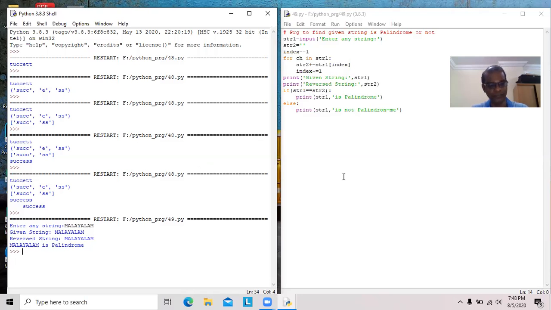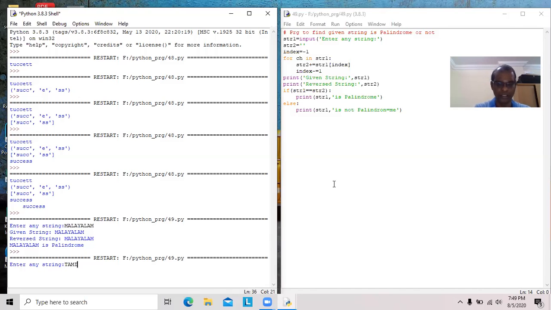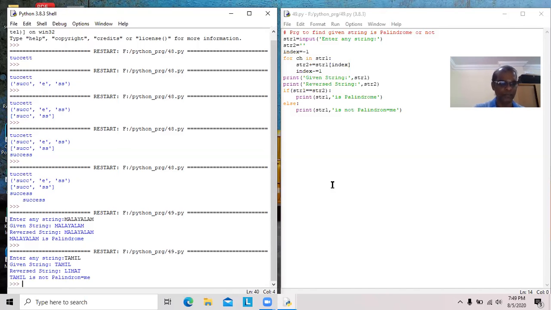Now I will check some other string. For example, I am giving here Tamil. Look here, it's not a palindrome. How? The given string is Tamil. Assume str1 contains Tamil, str2 contains blank. Index is -1. T will be assigned to ch first. str1 of -1 refers to L. L will be assigned to str2.